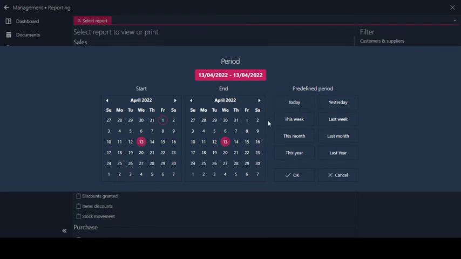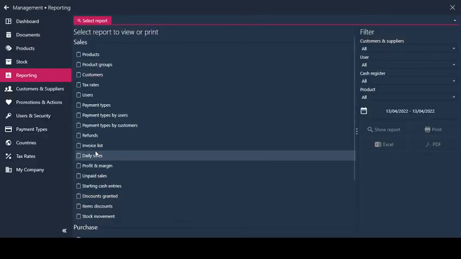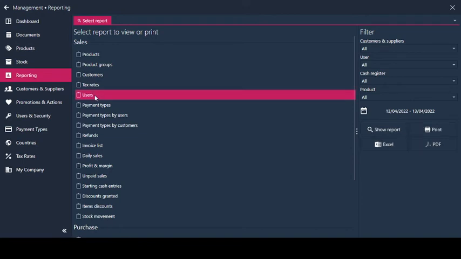You can select a certain period, from a certain date to a certain date, or you can use these shortcuts here. For now, I'm selecting the sales I've made today. And if you are checking these users,